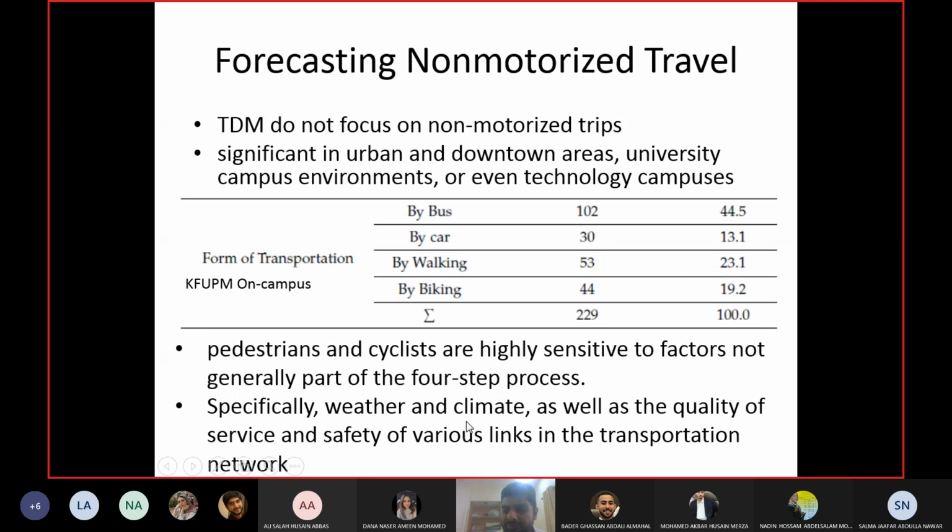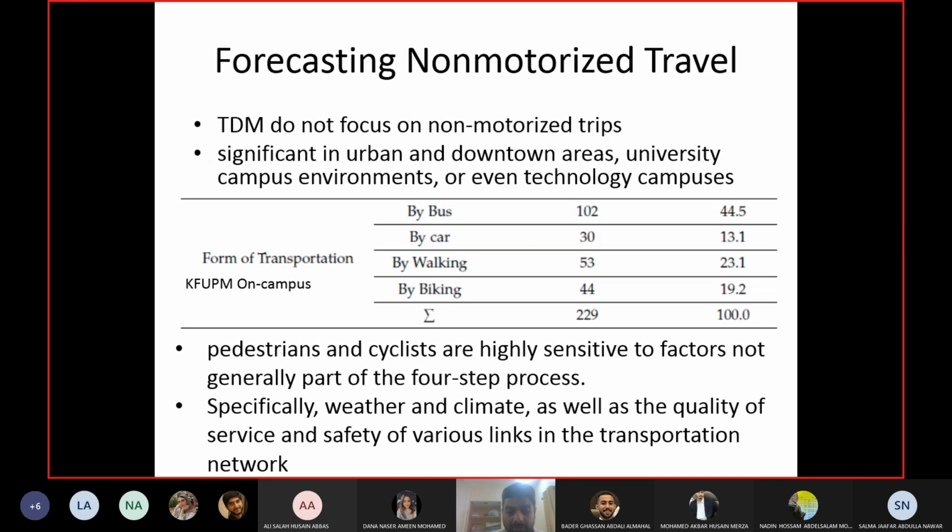When we are doing on-campus teaching, you must have seen traffic jams in the afternoon. Imagine Bahrain, temperature going above 40, reaching 50, and everybody is on the road, because they are in the car. You will not imagine a pedestrian or cyclist making a trip at the same time.